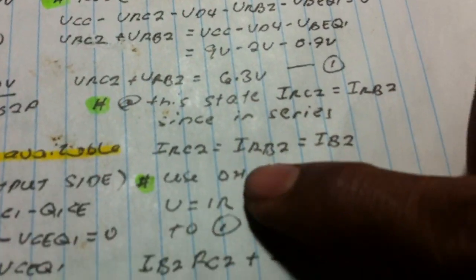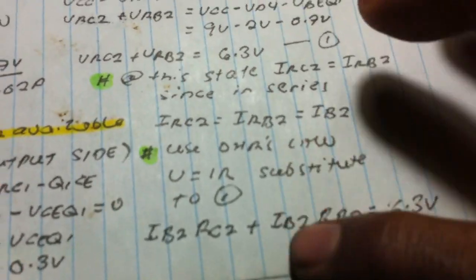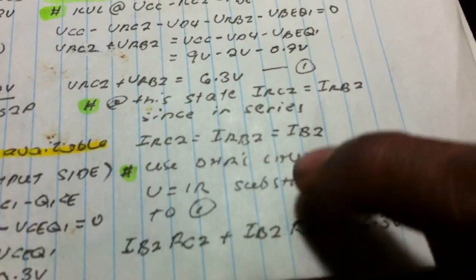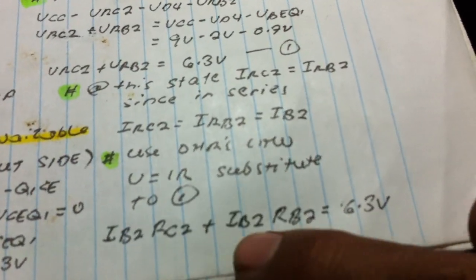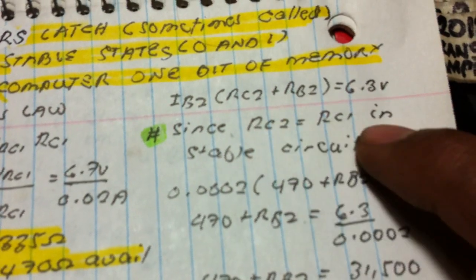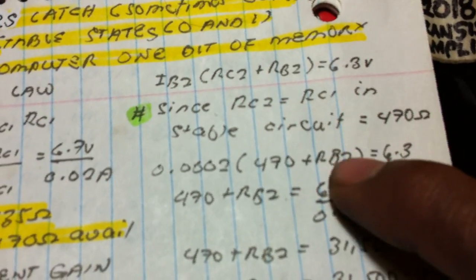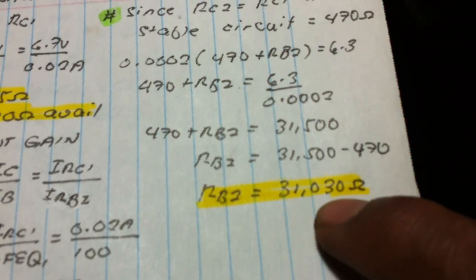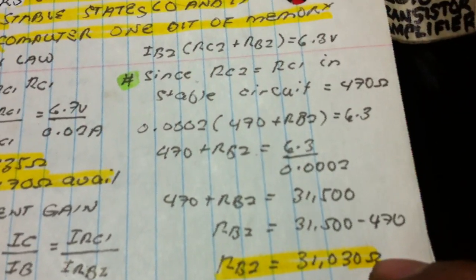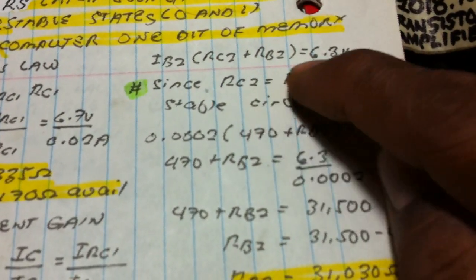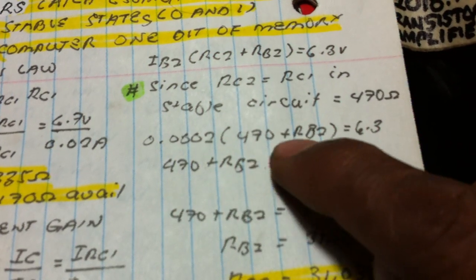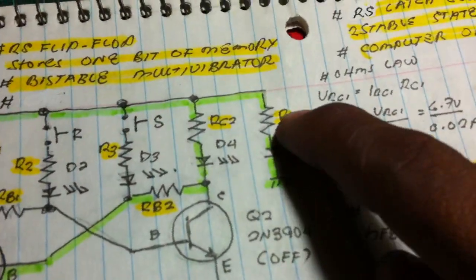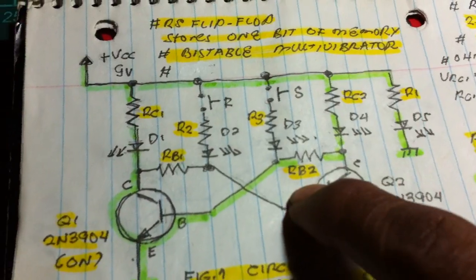So let us now use Ohm's law and substitute that IR into equation 1. Since IB2, RB2, RC2 current is equal, substitution 6.3, and then simplifying, we get 470, we get RB2 is 31,030 ohms. Since we know the values of the current and RC2 here, just substitution, and we get 31,030 ohms. Now we know the values of R1, RC2, RB2, RC1,